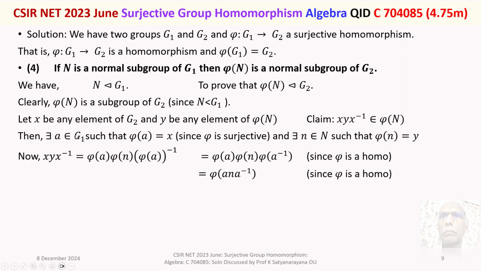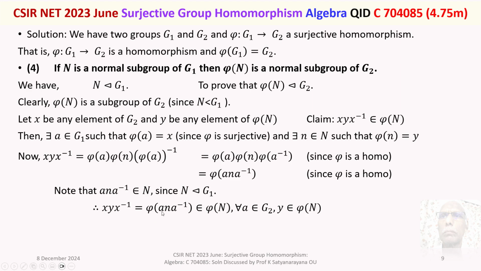Now, what is a? A is in G1. What is n? n is in N. What is capital N? It is a normal subgroup. Therefore, a n a inverse belongs to capital N, because N is a normal subgroup of G1. So, therefore, this belongs to phi of capital N. Thus x y x inverse is equal to phi of a n a inverse, that belongs to phi of N,